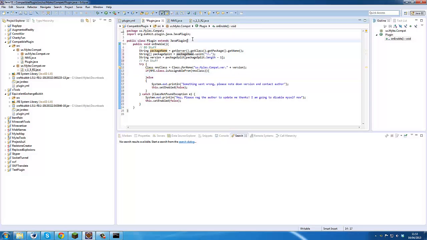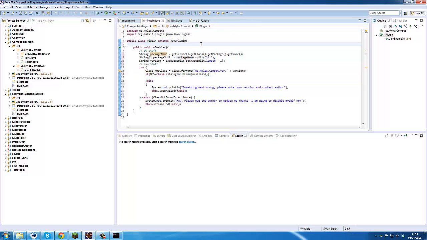Now what we want to do is we're actually going to define a variable up here of the net Minecraft interface, and we're going to call this net Minecraft server. What should we call it? Net Minecraft server access. It's a random name, and you'll get that error because it isn't used. Now we're going to go this dot net Minecraft server equals